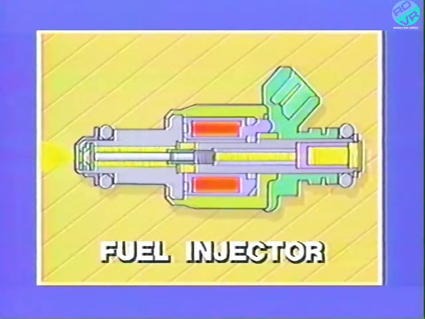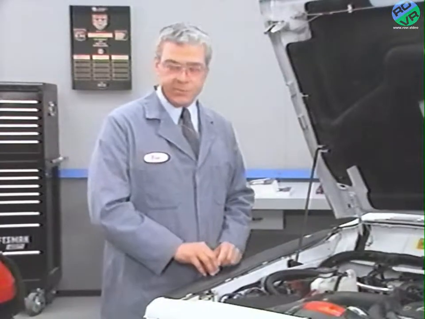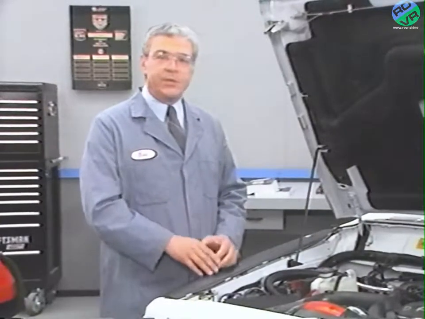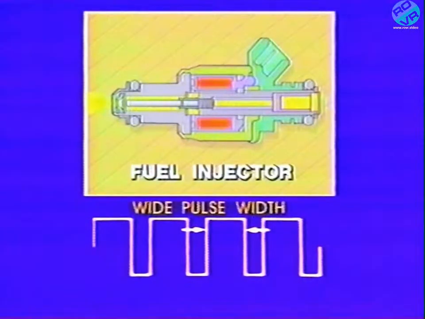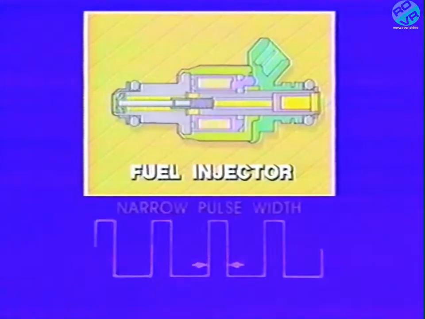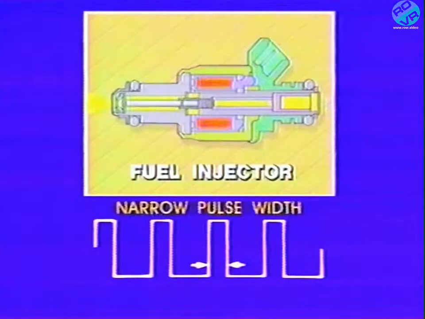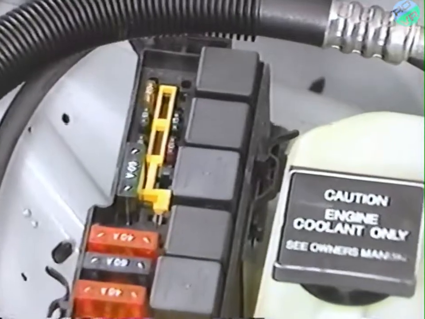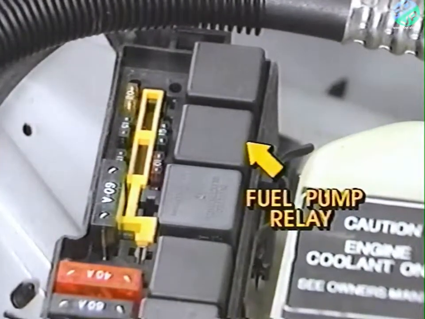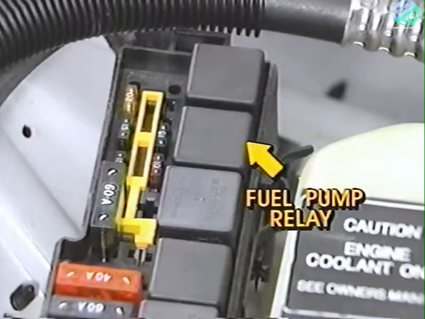intake valve. As mentioned at the beginning of this program, the length of time the plunger is open is called pulse width. The longer the pulse width, the richer the mixture, and the shorter the pulse width, the leaner the mixture. On Cherokee, Comanche, and Wrangler models, the fuel pump relay, our next output, is located in the power distribution